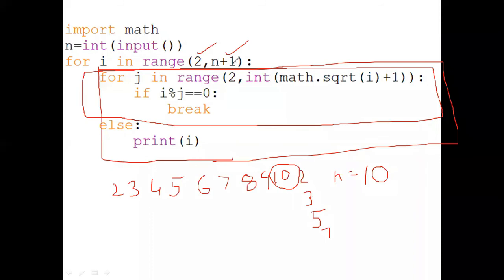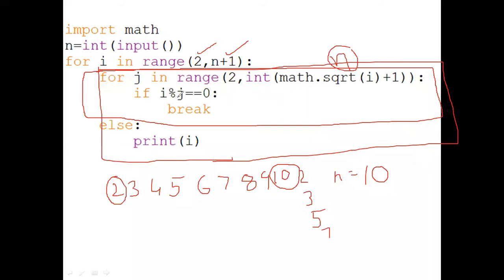So I write n plus 1. Now we enter into the loop: for j in range of, as in the previous example, take n here. Here we are taking the first number. What is the first number? 2.